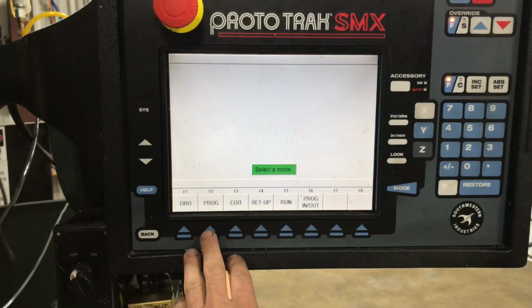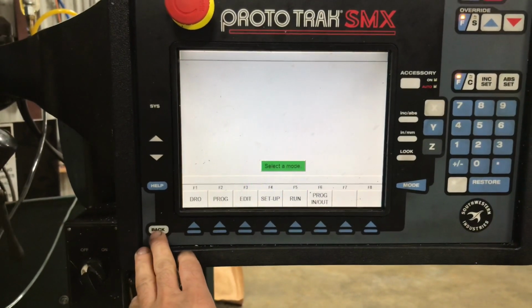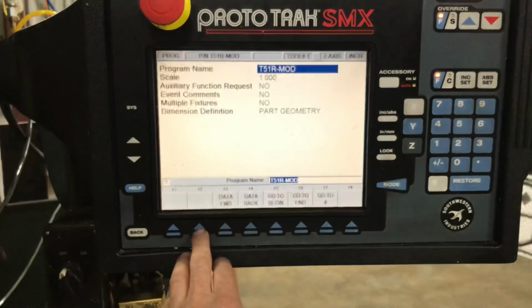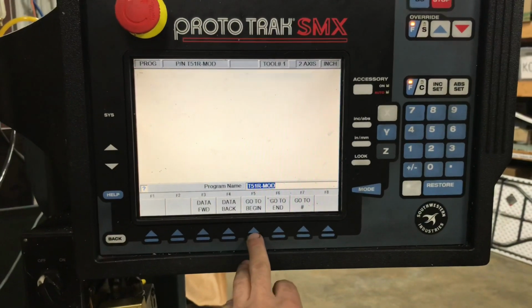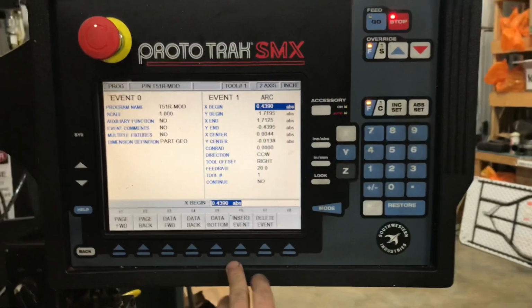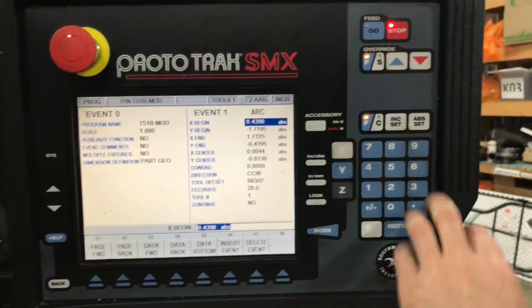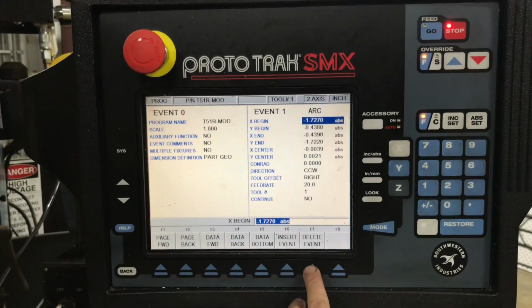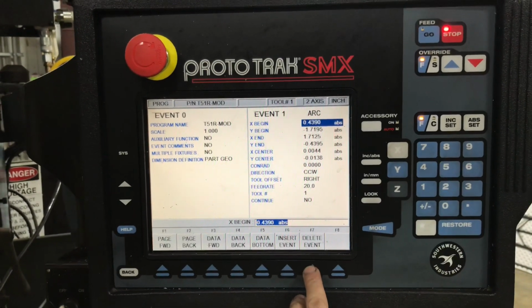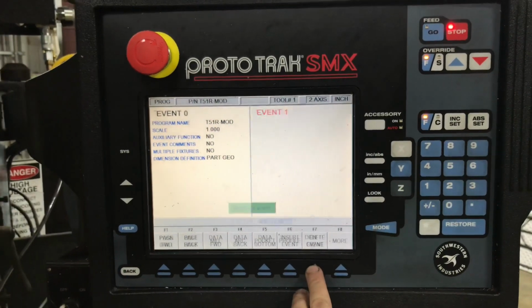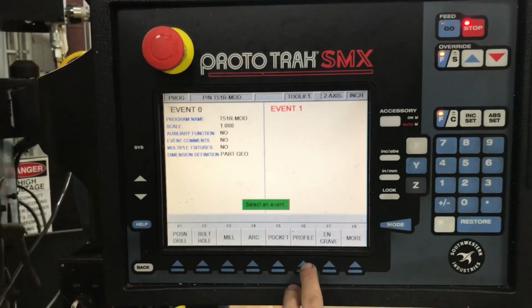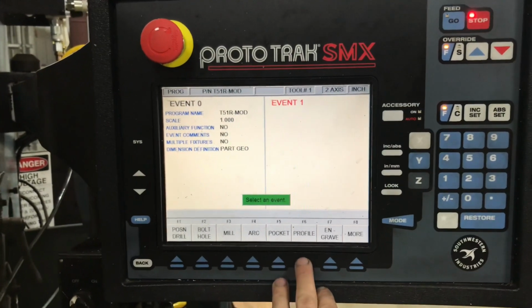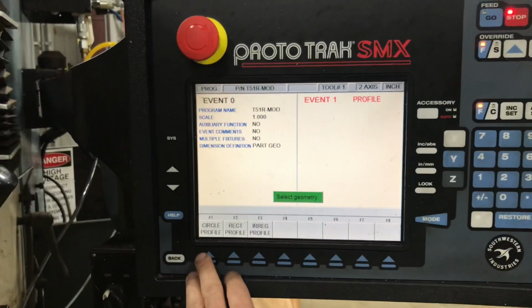Go to program. Oh, you saw I pressed back earlier. Go to program. Go to beginning. This is another program that's already in here for the T51R mod. I need to delete all this stuff. Now that there's nothing in here, we'll go to profile, circular,